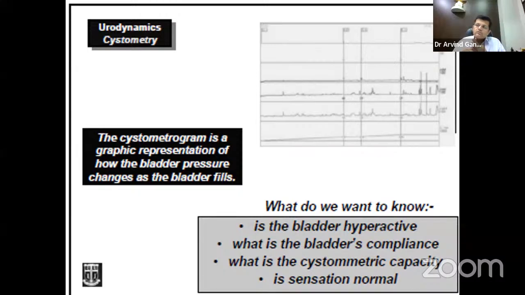The third thing that you have to see is the compliance of the bladder. If the patient is having a poor compliance, then P-det would slowly start rising before it reaches the cystometric capacity. So the graph trajectory would be somewhat like this. And finally, you have to understand whether the patient is having proper proprioception, that is, at what point does he have a normal desire? If it is a small capacity bladder, he'll have a normal desire at say only 60 or 70 ml, while a normal individual will have a desire at 150 ml. So these are the 5 components that you have to understand whenever you are interpreting the filling phase of a urodynamic study.